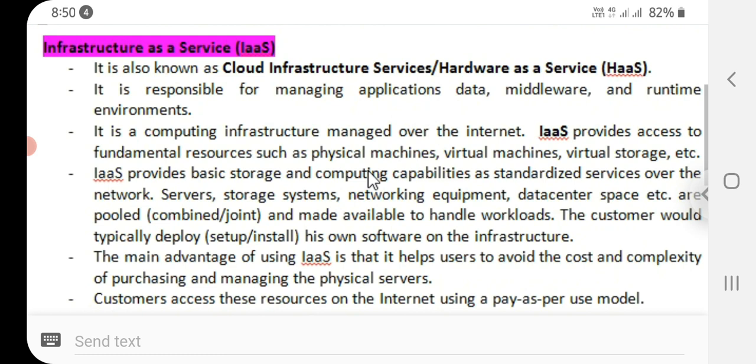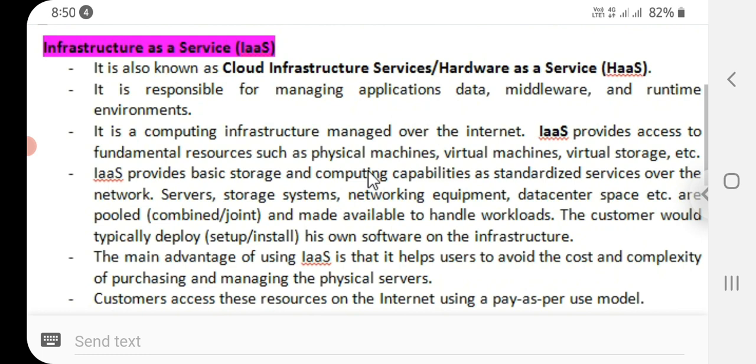Servers, storage systems, networking equipment, data center space, etc. are pooled, that means combined and made available to handle workloads. The customer would typically install his own software on the infrastructure.